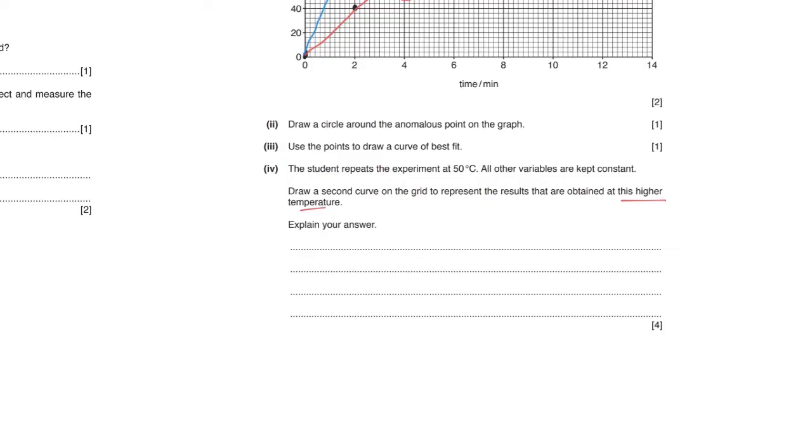The curve is going to start at the same point, right? So second curve start at 0, 0, which means the origin, and is steeper, but it becomes horizontal at the same height.